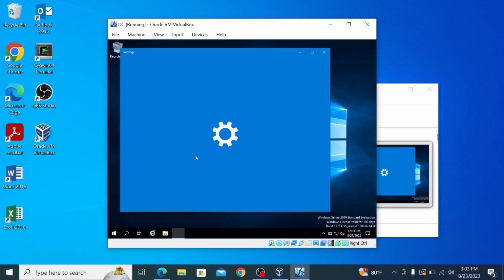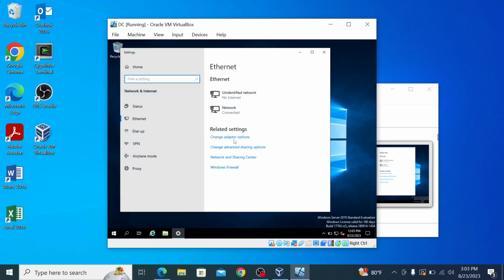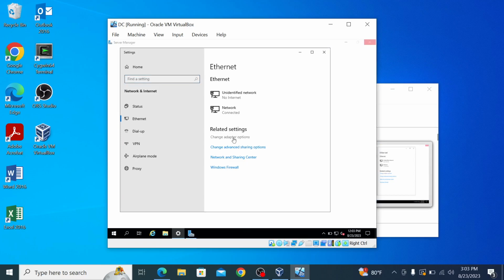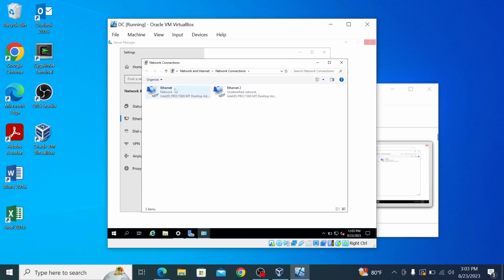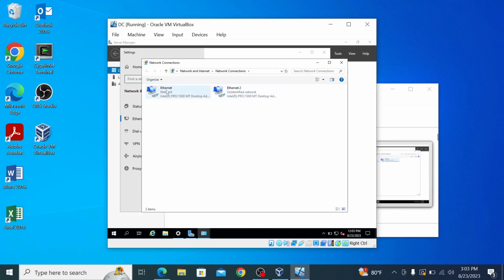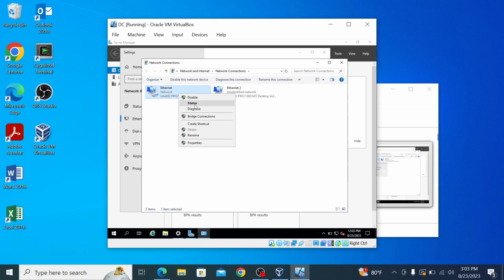We're gonna go to network and select change adapter options. So first we have to figure out which one is the external and which one is the internal NIC. So we're gonna right click here, look at the status,